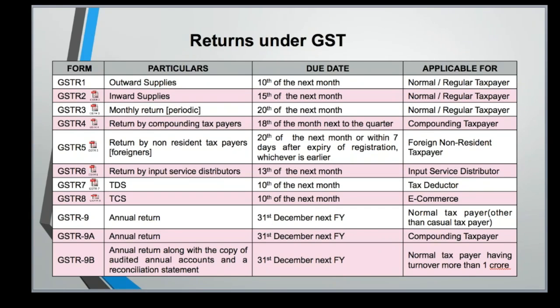You cannot show any charges below the tax line item. You can give a discount below the tax line item, but if any charges are incurred for any supply before or after the movement of the goods, they have to be shown above the line item and GST paid on the same.